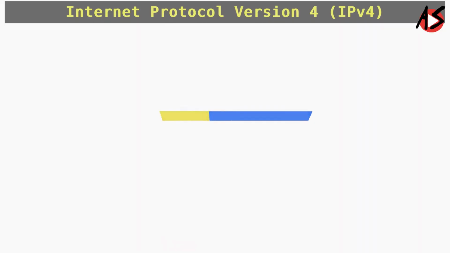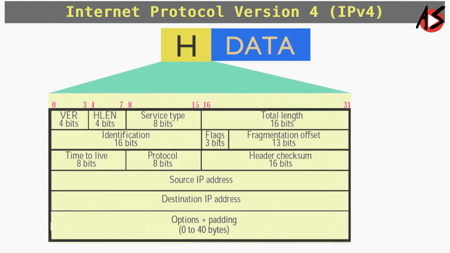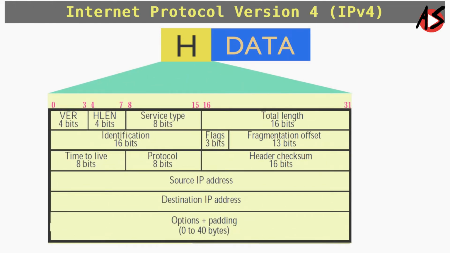If we see any IP datagram, there is a 20 to 60 bytes long header added to it containing information for routing and delivery. When we look into that, the first 4-bit field defines the version of the IP protocol. Currently, the version is 4 and all fields must be interpreted as specified in the 4th version of the protocol. If the machine is using some other version of IP, the datagram is discarded.